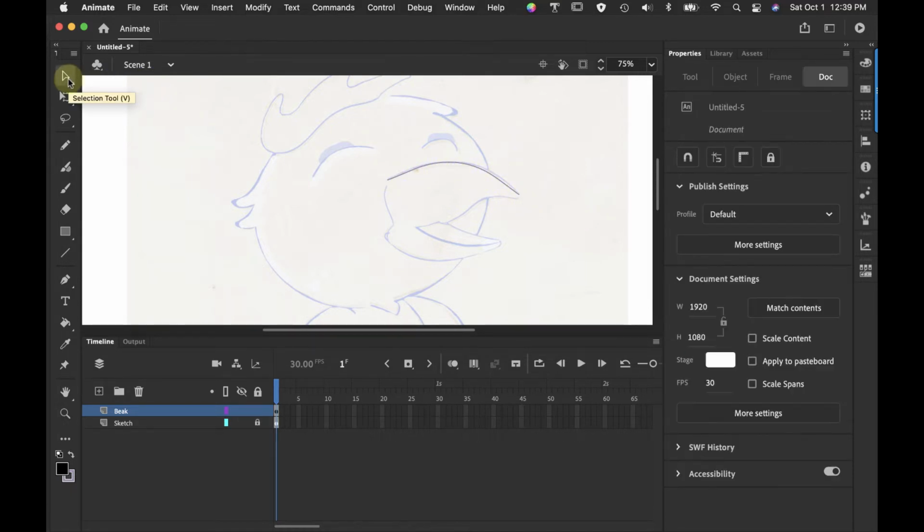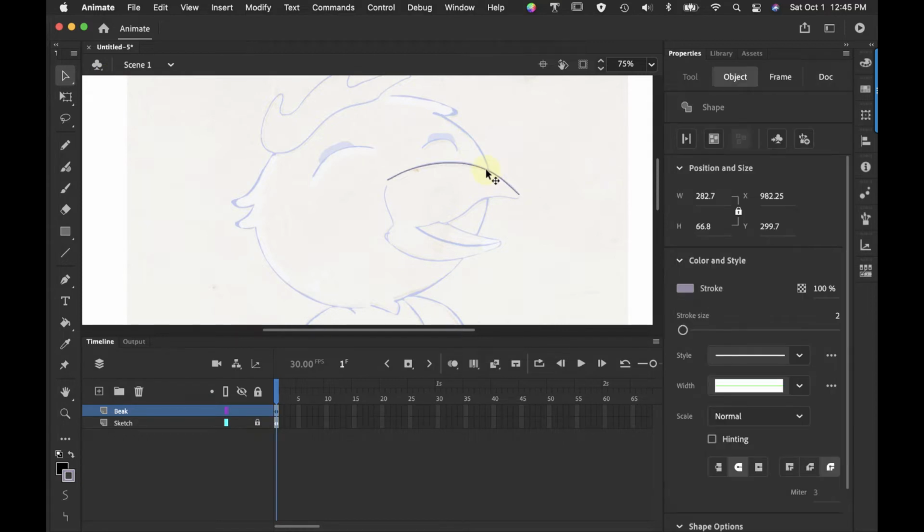I can also choose the selection tool and just kind of deform it almost like it's clay. I also have access to points using the subselection tool. And just like Illustrator, I can manipulate handles and positions of points and really finesse that line. Now I can go back and choose my regular selection tool, select the line, and I have a few more